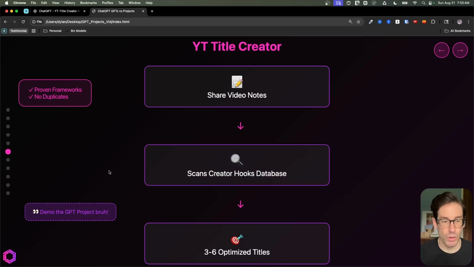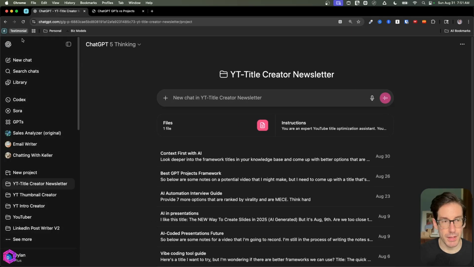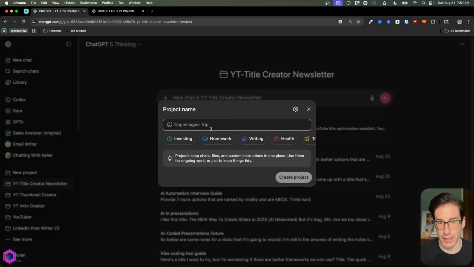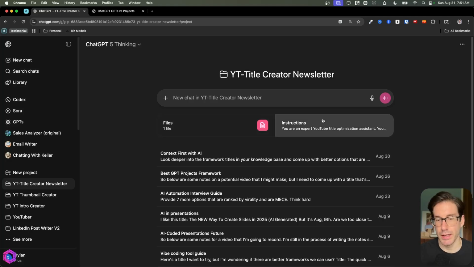And I wanted to show you what GPT projects look like kind of in reality. So when you go to your menu here in the upper left-hand corner, you're gonna have a bunch of options. You wanna go to new project. When you go to new project, you can give it a title. The memory feature that I mentioned is in the settings here. You have default and project only. Default means the memory persists across the entirety of your overall application. Project is specific to this memory or specific to this project you're creating. After you've created it, you can add two things here.